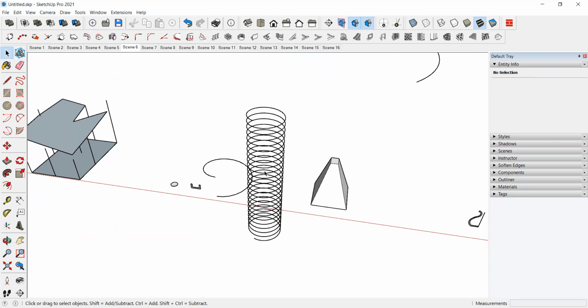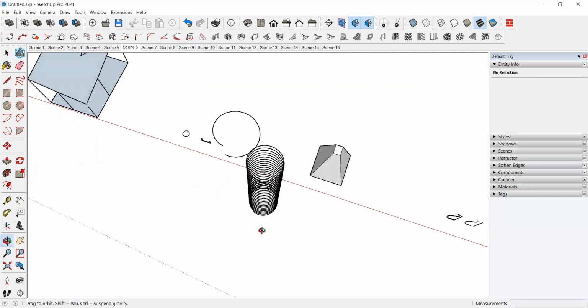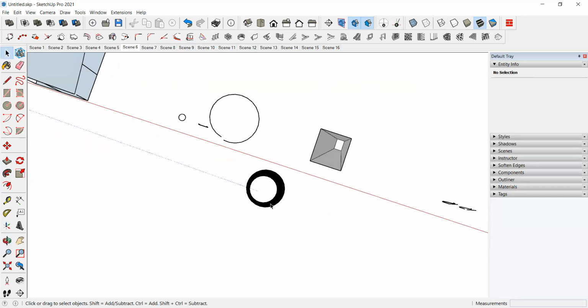Okay, we don't have a direct tool like in AutoCAD, where we have one tool for making a spring shape, but here we don't have. So we have to make it in this way. Now understand how it came. If you ask, say again, I will explain, or I will continue with another tool.